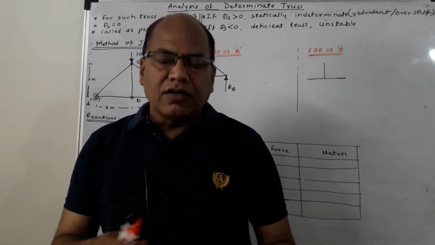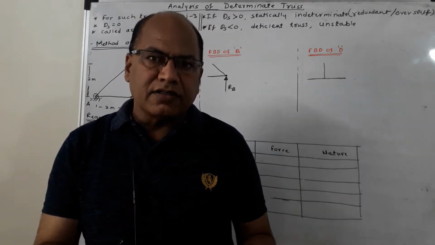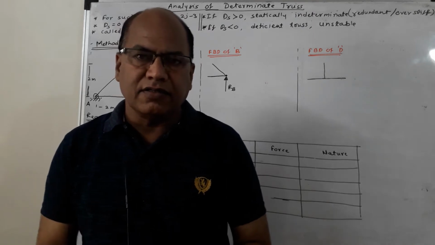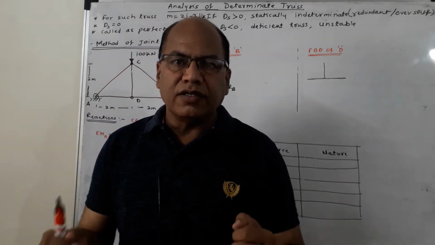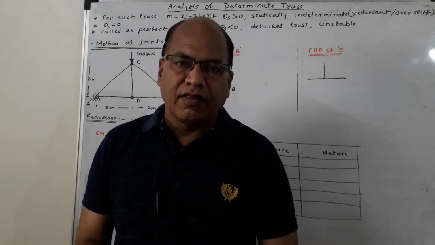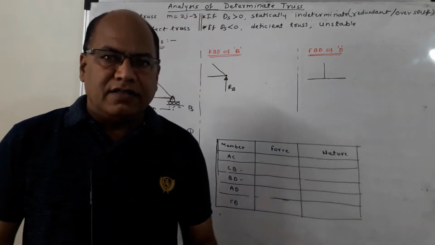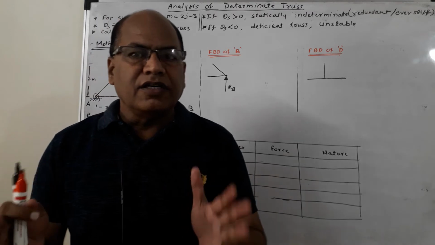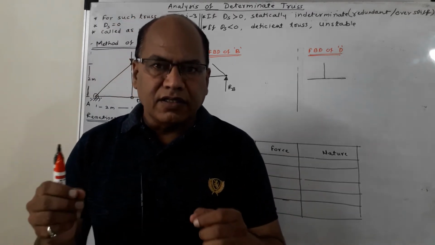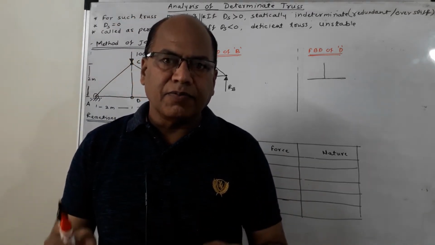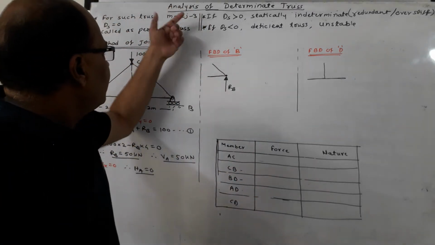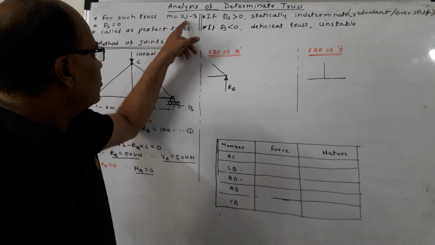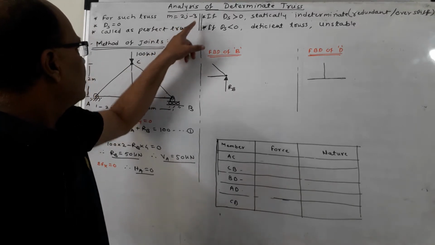Now, there are 2D, that is two dimensional trusses, as well as three dimensional trusses. In this video I am going to deal with 2D trusses, that is plane trusses. Plane trusses can be classified into three types depending upon the number of members which are provided in that truss. If the given truss follows the relation m is equal to 2j minus 3,